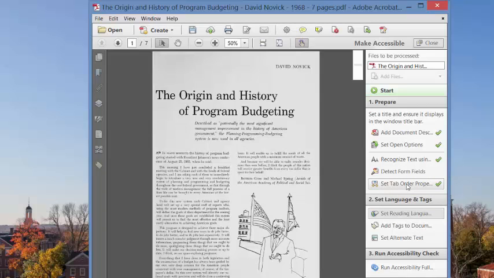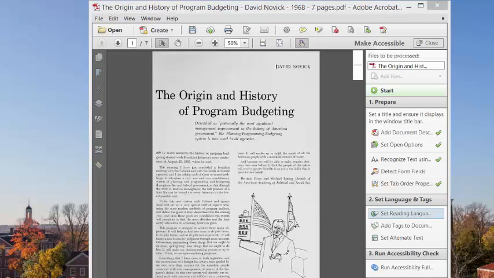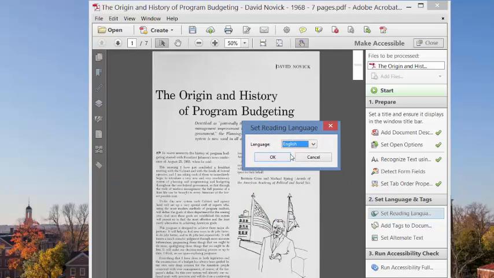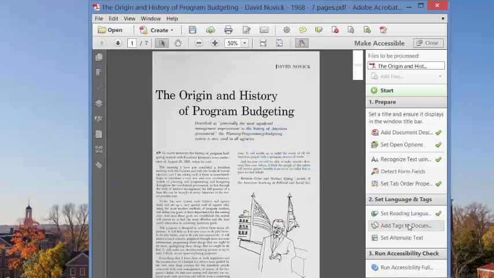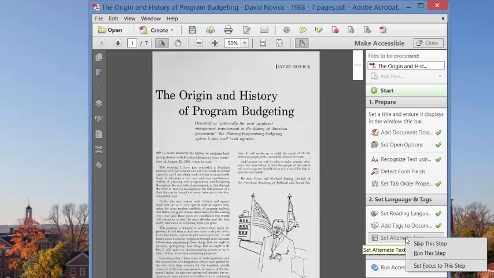We'll have to fix it later in the reading order panel, but for right now, let's go ahead and get it started. Then we're going to set the reading language. We're going to go ahead and use English. Add tags to the document. That's a very important step. That's something else we'll also have to fix when we get to touch up reading order, but for right now, let's go ahead and have them set it. And then set alt text. I'm going to skip this step for now, because I prefer to do it in another